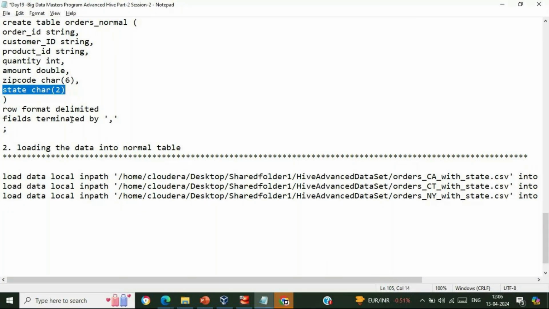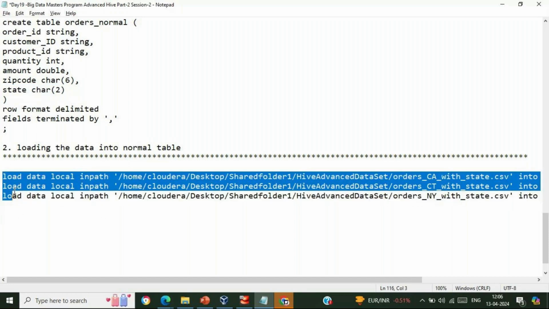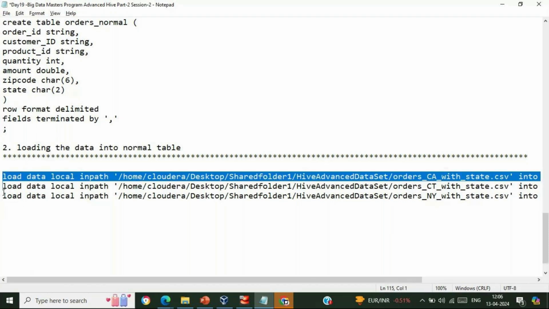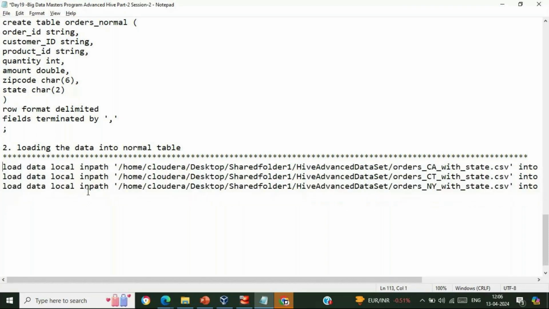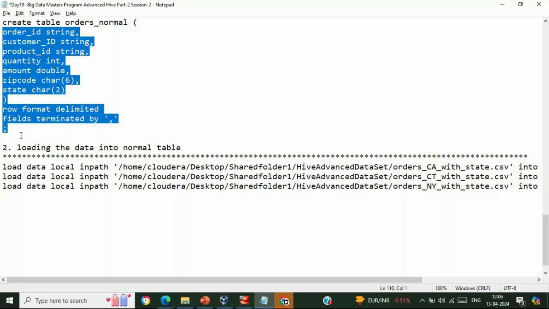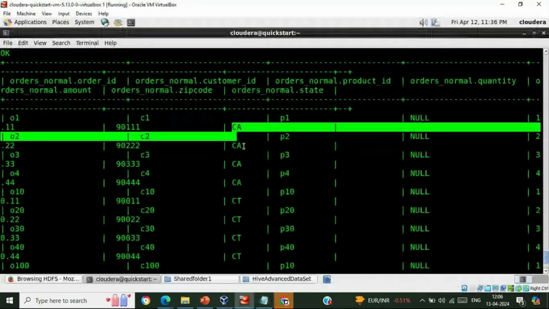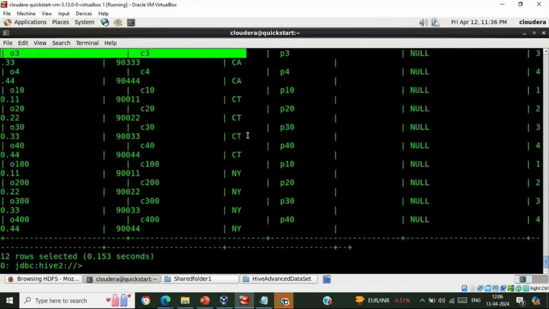So over here, friends, just try to think, if you are having a single file or if you are having multiple files, that is not making any difference over here. We are dumping the data into a particular table. If we are having a particular file that is having orders and all the state information, the table will look like all the information will come from the single file only. But over here we are having